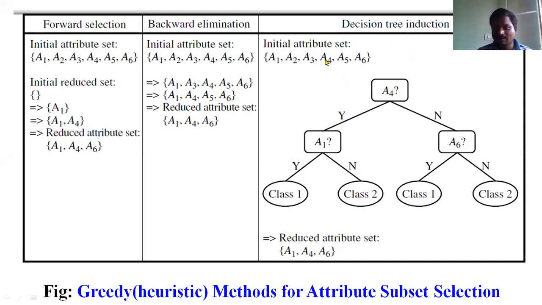And then another important one, I am including A4. I already included A4 here, and then comes to the A5. A5 is also not relevant here. I am not including it. And then finally you have a result here. The class labels: class 1, class 2, class 1, class 2. Class 1, class 2 indicates the class label. In this way you will perform the decision tree. In this way you will perform the attribute subset selection method.